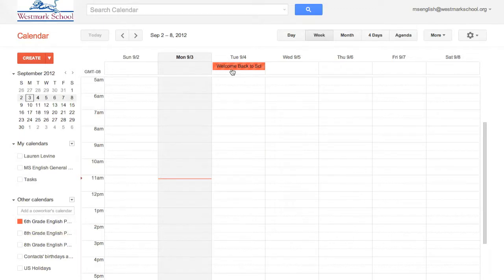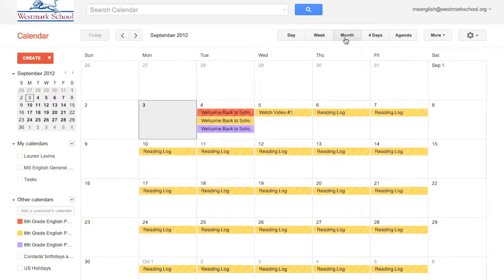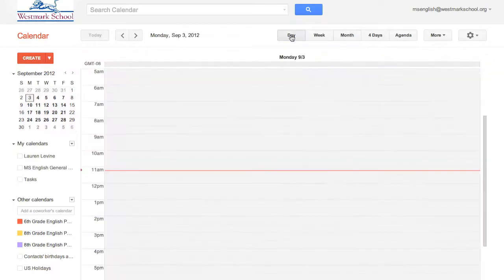The other display options that are available to you are how much you want to see on the page according to the day, the week, the month, 4 days, agenda view. You even have more options. I currently have it displayed in week view because that gives me a very nice picture of the week. But I happen to prefer month view so I can see everything that's coming up and the layout just makes sense to me. You might prefer to see the day view,